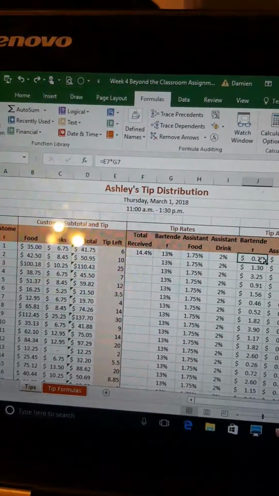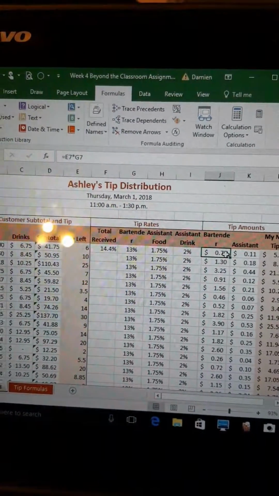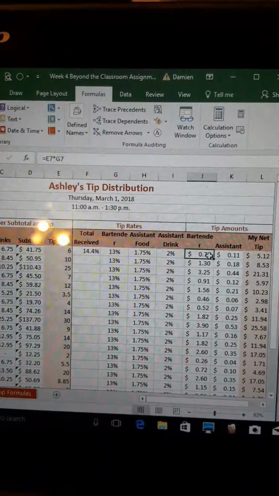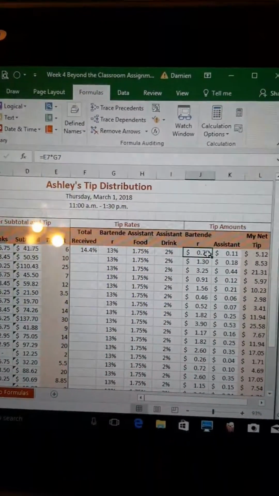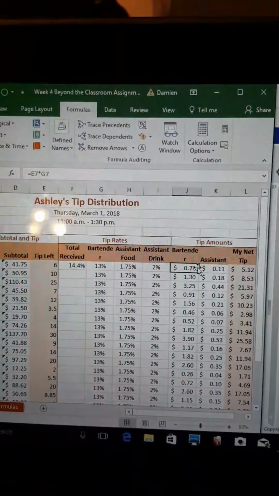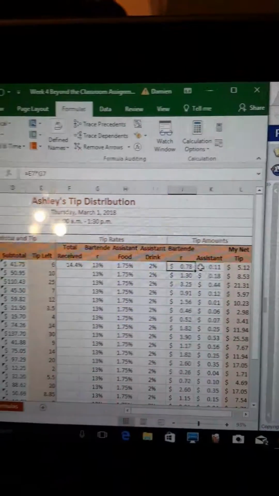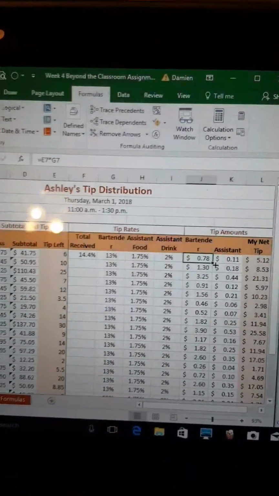E7 is the amount of tip left, and G7 is the rate that the tip will be applied to that particular person. So it will be 6 times 13%, and I got 78 cents, and I copy that down the line. And the same will go for the assistant, which will be 1.75% times 6,